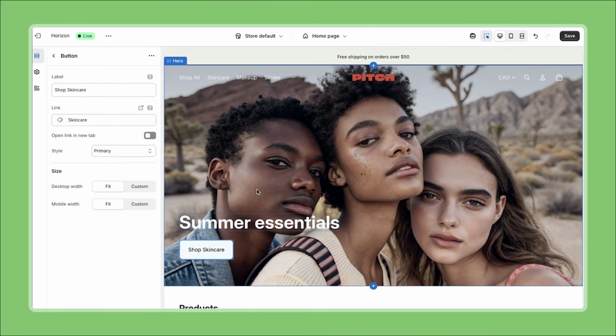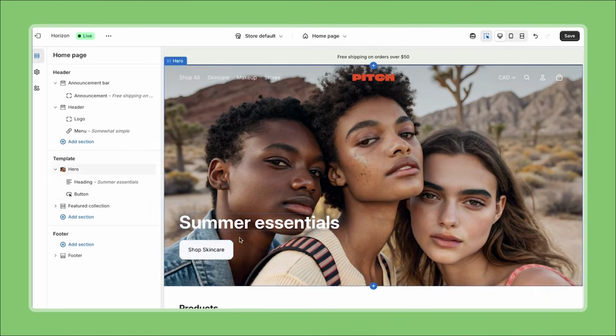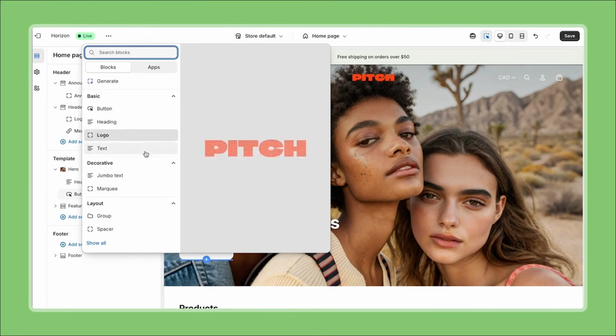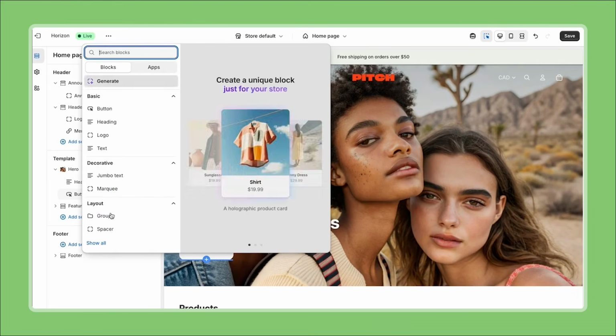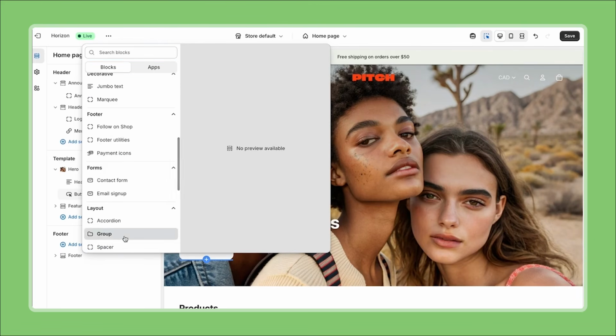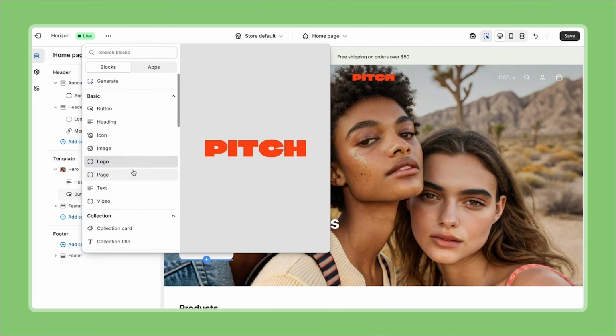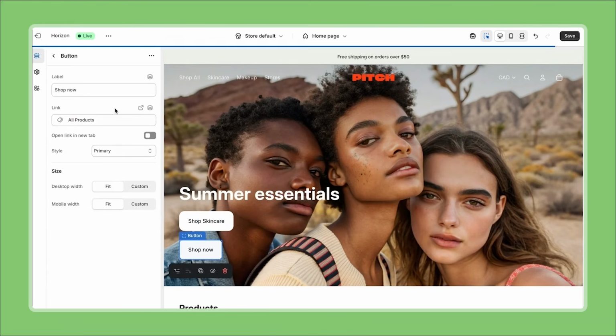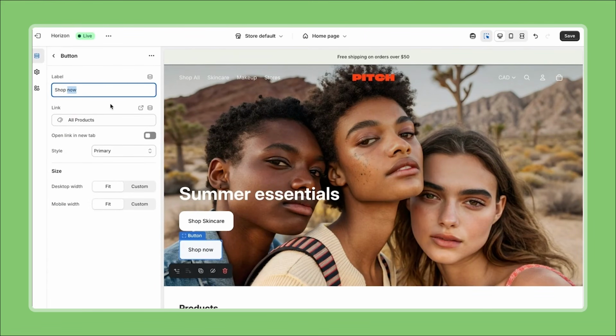One thing I'd love to do is add another button here next to shop skincare for shop makeup. So let's try that. I can either hover on the sidebar here and below the button add another block, or I can do this via the preview itself. So if I click this, then I have a bunch of blocks that are available to add to the hero section. Up front, we're going to show you the blocks that we recommend you can add to the hero, but if you click show all, basically all theme blocks will be available here. I'm interested in buttons. I'll click button, and now I can change the label for shop makeup, link to my makeup collection,